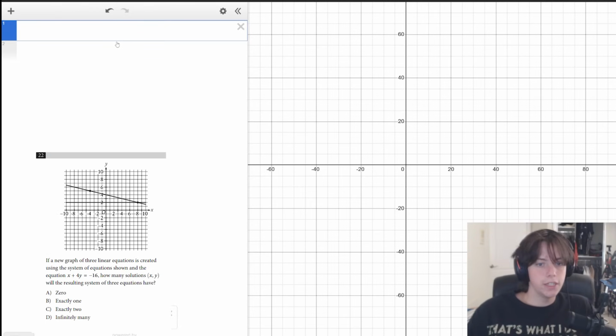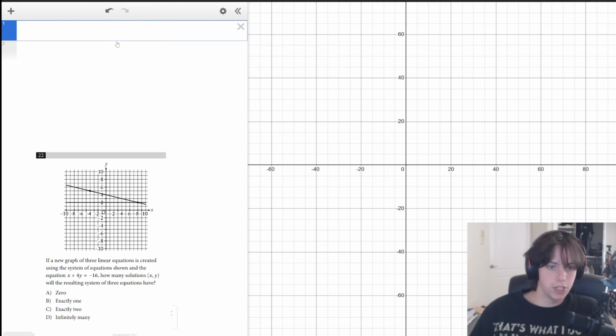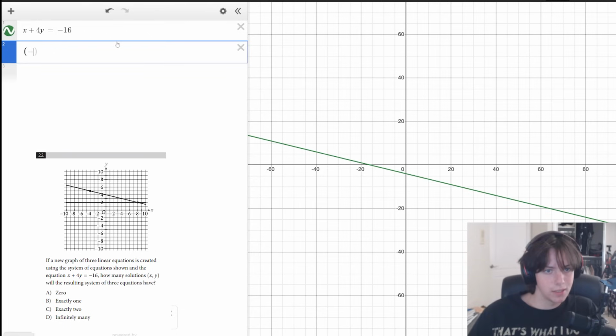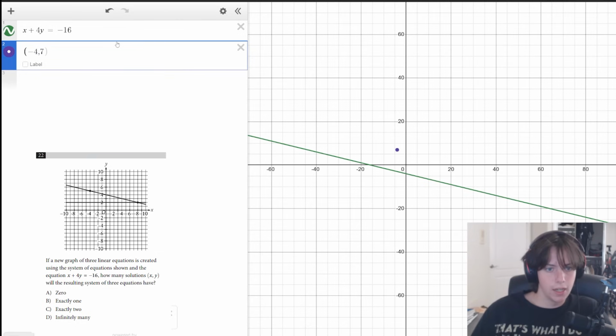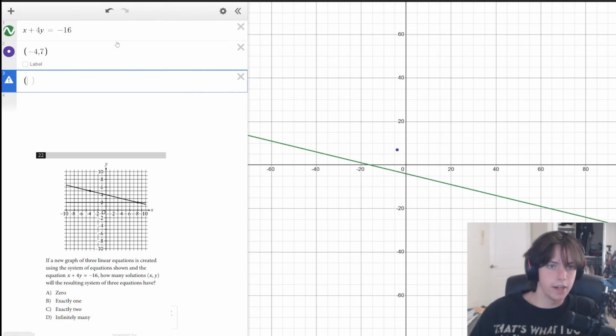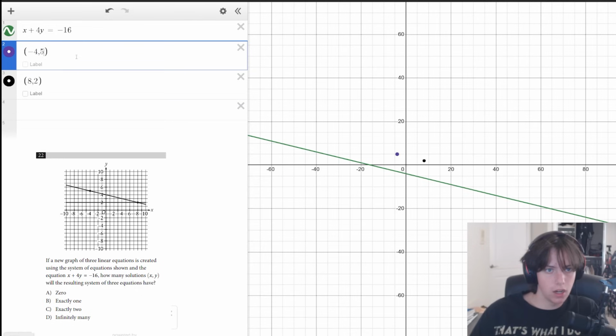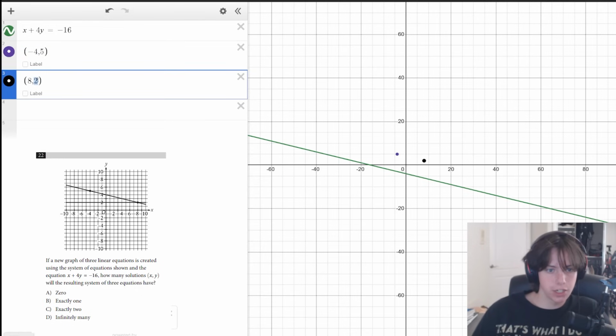If the new graph of three linear equations is created by using a system of equations shown in the equation x plus 4y equals negative 16, how many solutions (x, y) will the resulting system of three equations have? So we're just going to plot everything, and we see that we have negative 4 comma 5 as one of our points, and 8 comma 2. And plotting these two functions, we see that we have